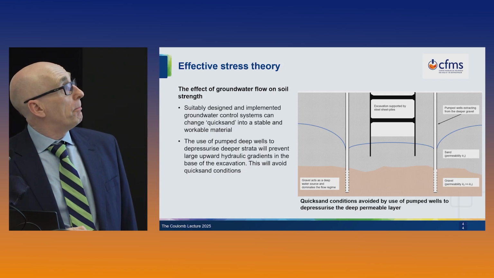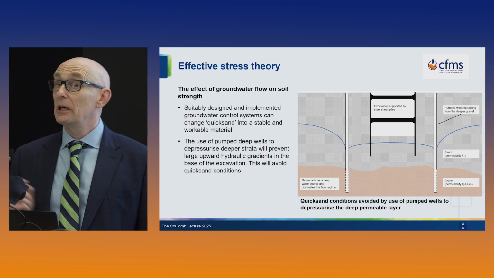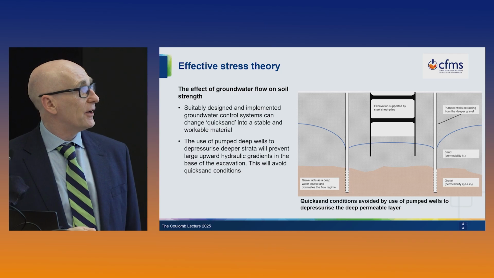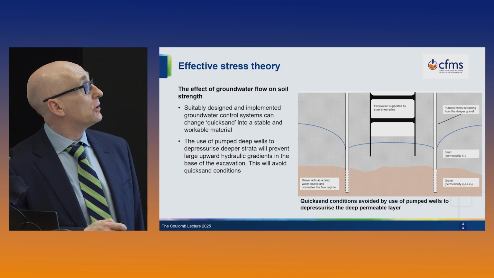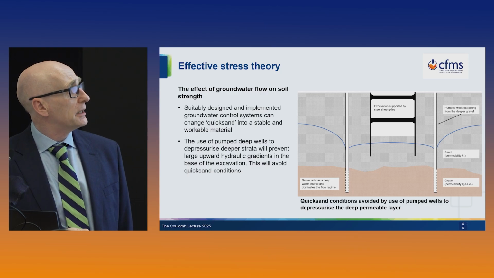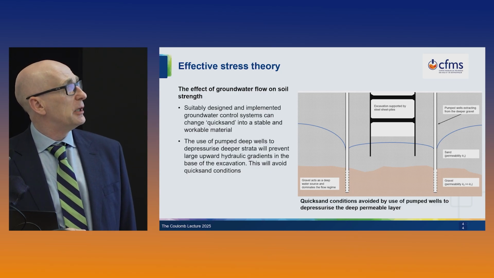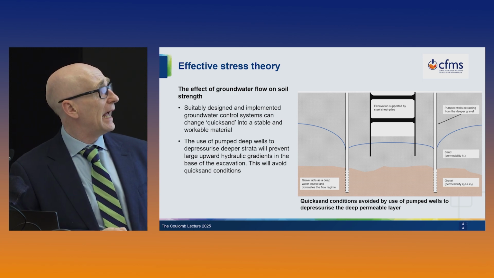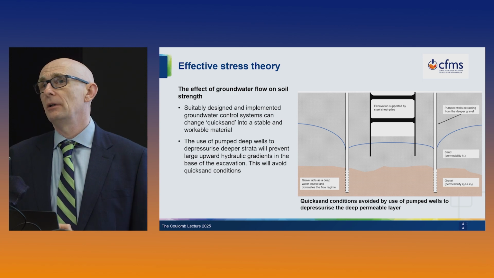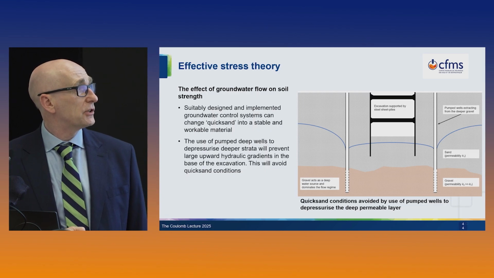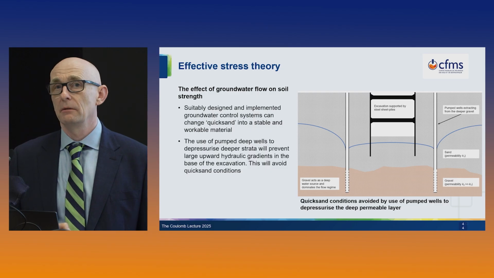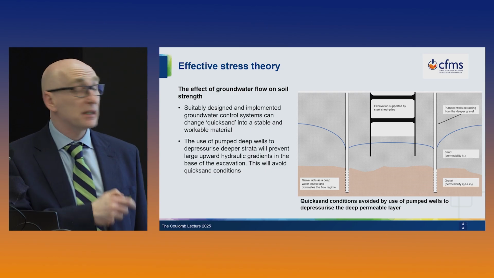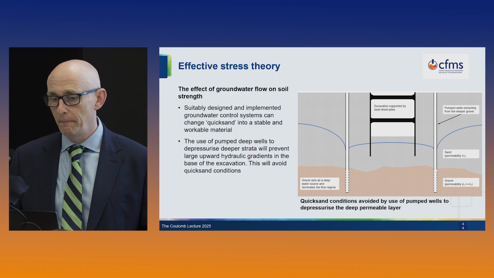And so, provided our investigation boreholes have gone deep enough, and provided they've identified that there is a permeable zone here, a pretty obvious solution is to install some pumped wells targeted at the deeper zone, and then you depressurise the deeper zone by pumping. We get the groundwater level down to here, and then we allow this sand to drain down naturally into this gravel which we've depressurised. And here the situation is transformed, and you get much better working conditions. But again, it does depend on your investigation going deep enough to identify that deep layer.